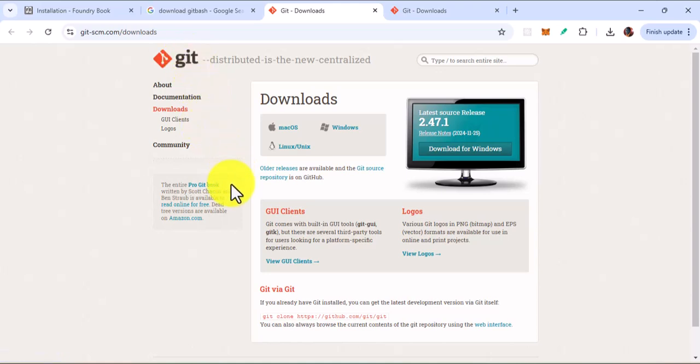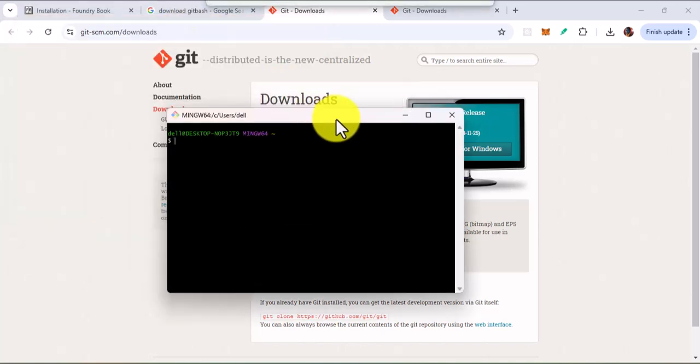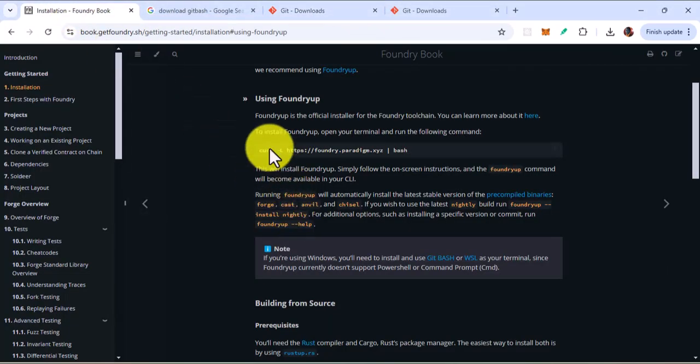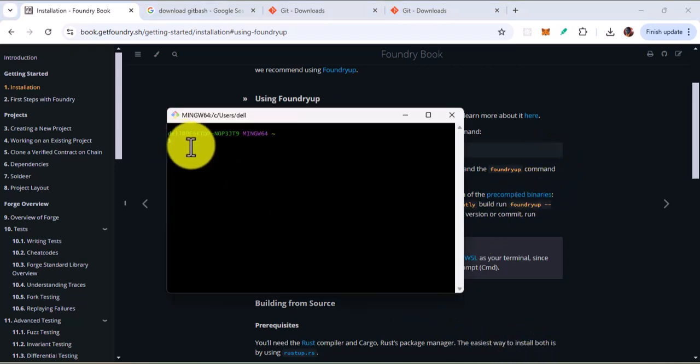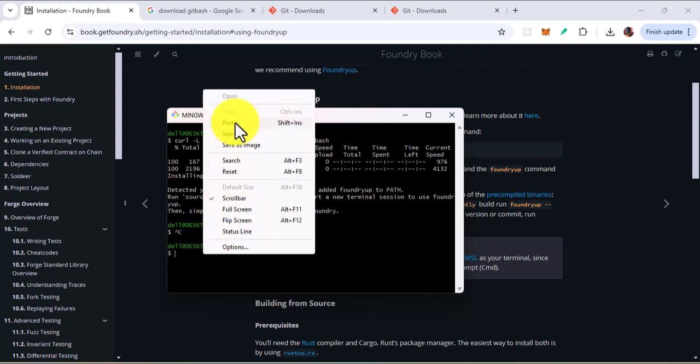So you can just come to your start menu, search for Git Bash, and you open it. Once you open it, you come back to the documentation side, then you copy this command. Once you copy this command, you paste it here, and you press enter. Then you can see the instruction that says run source, then you copy this source. Once you copy it, you paste it,